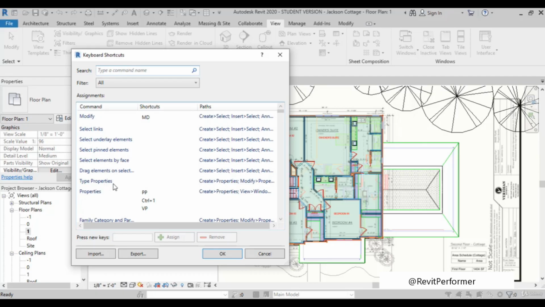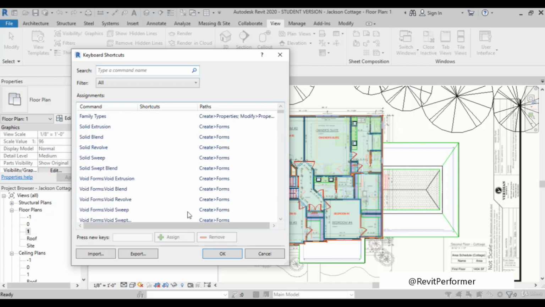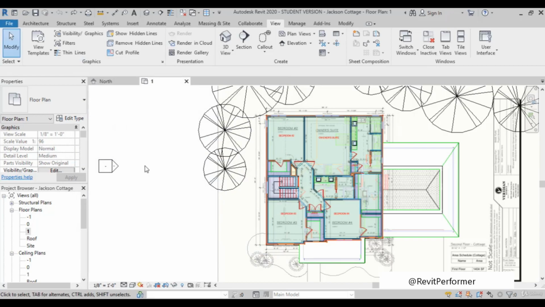Here you can see that the Properties panel has three keyboard shortcuts. So it is possible that we can use one command with three keyboard shortcuts. So it is also important here. So here we have keyboard shortcuts, and when you cancel this and go outside of it,